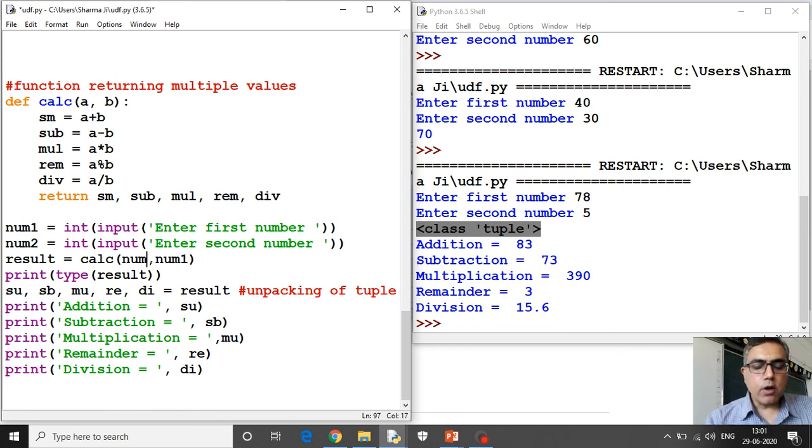So the first value will go in the variable defined at the first position, second value in the variable defined at the second position, and likewise. So this you have to remember.